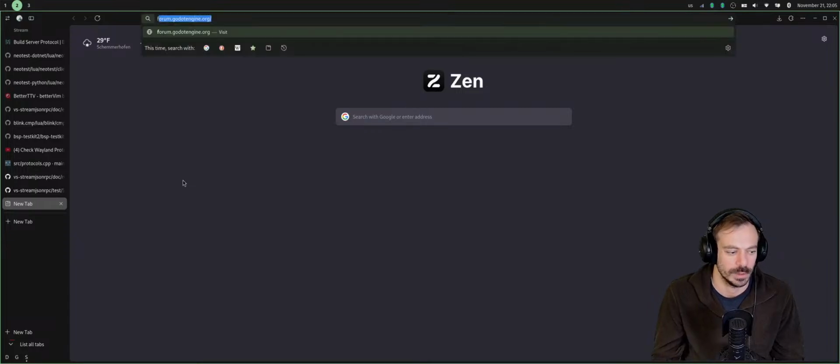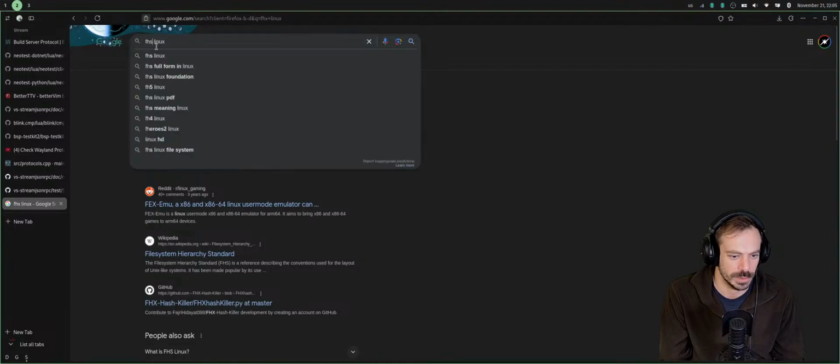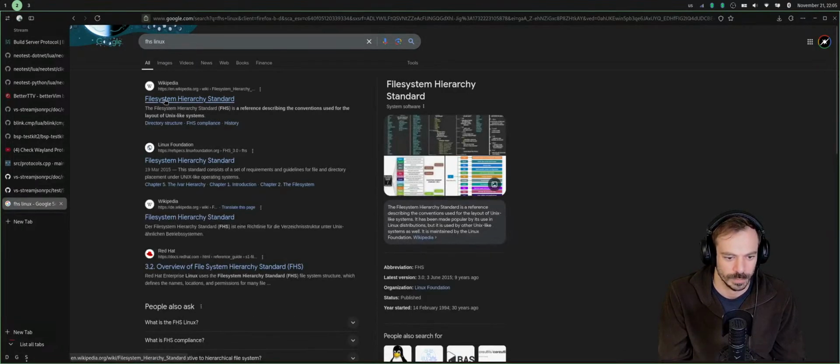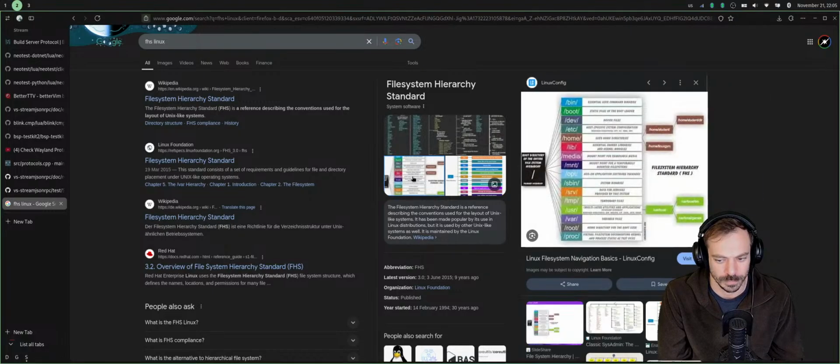Okay. File system hierarchy standard. Okay, so it has a different file layout. I see.